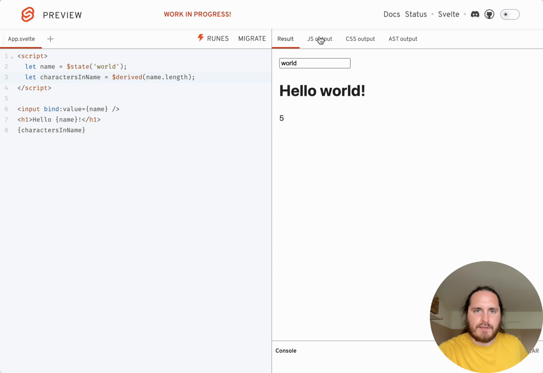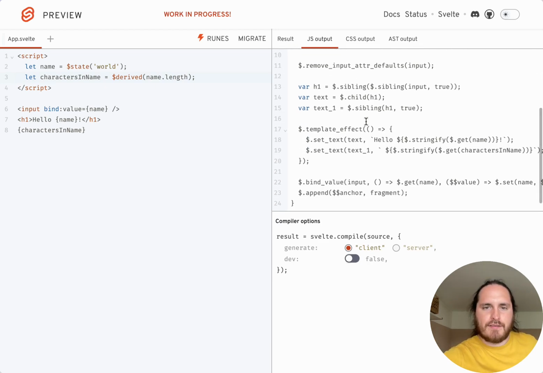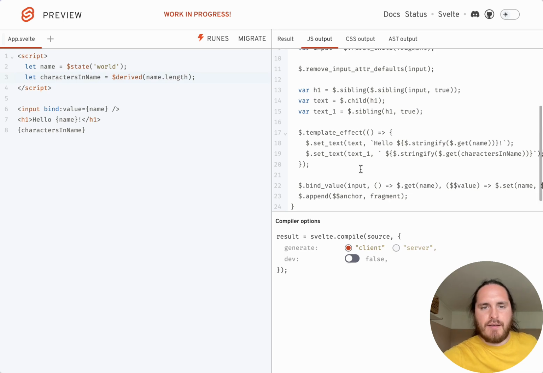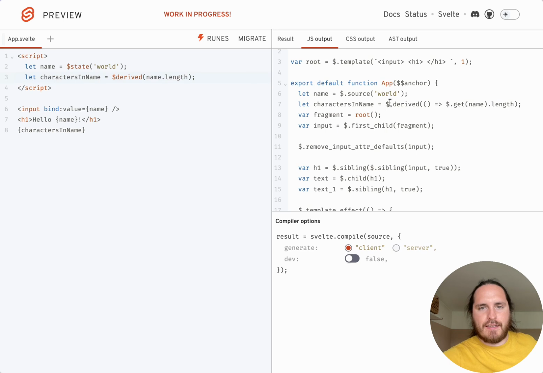Now let's just peek under the hood for a second and talk about this a little bit. Don't be intimidated by a lot of this. A lot of it's mostly just like HTML manipulation. But if we look for the kind of reactive part, you'll see this. So this is the compiled code, right? Now, if you remember the Svelte 4 compiled code from last time and how it had those dependencies set up, I gave like a little bit of a